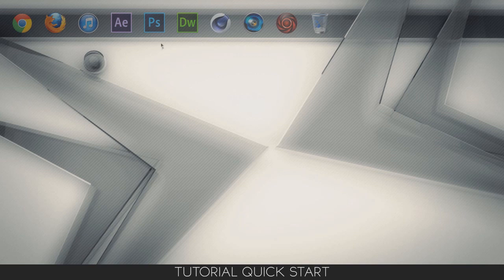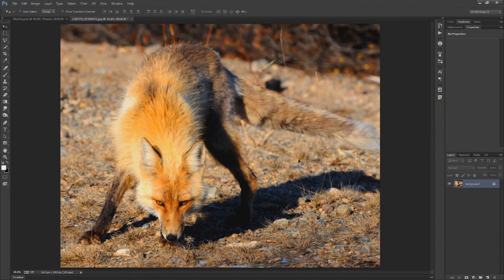In this week's tutorial, I'm going to show you guys how to take a regular photo of a fox, and